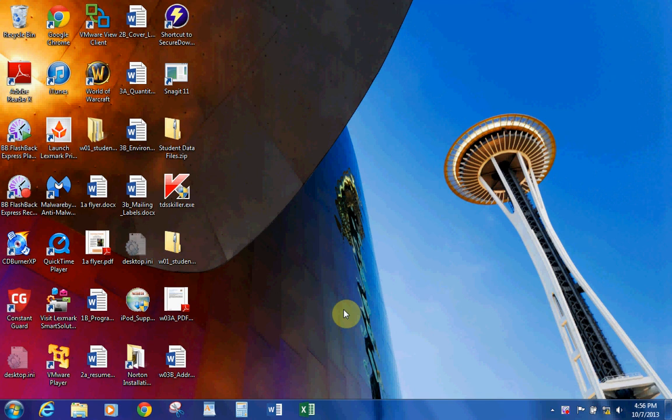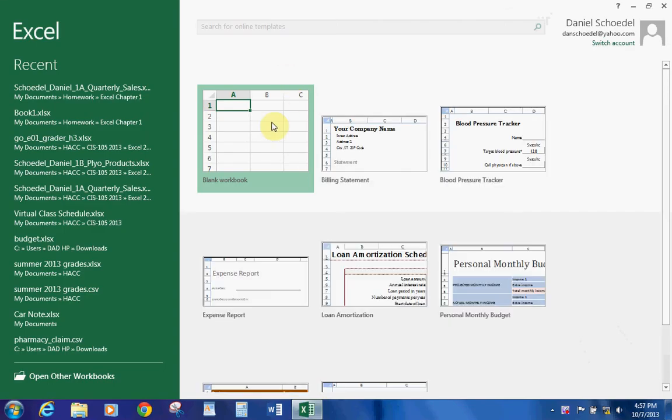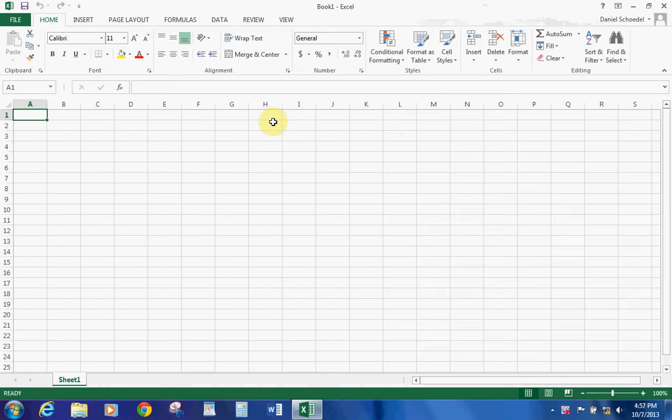Okay, Excel chapter 1B, page 333, starting over into page 334. Let's go ahead and start Excel. And let's go ahead and start a blank workbook. And in A1, type in Profit